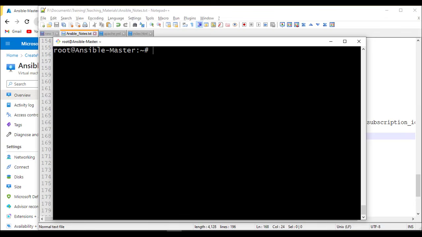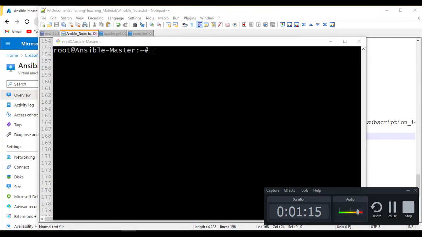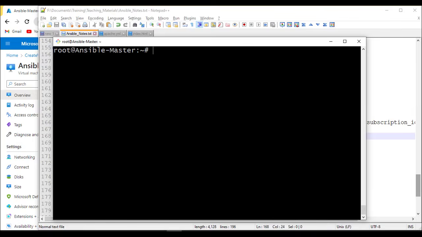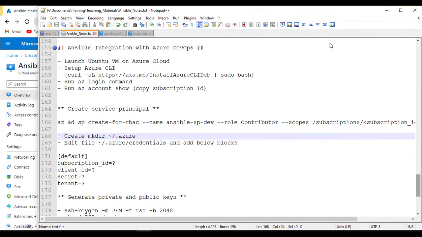I have already removed it because I'll be installing it again, but this time I'll be installing it using a playbook. Okay, there are a few prerequisites. The prerequisites are, you should have